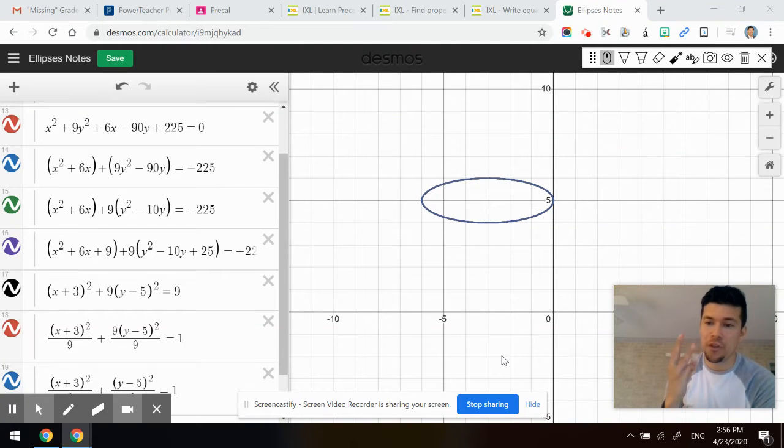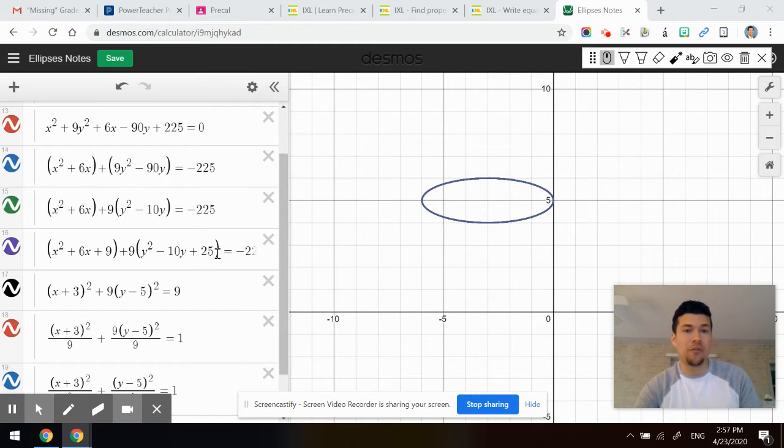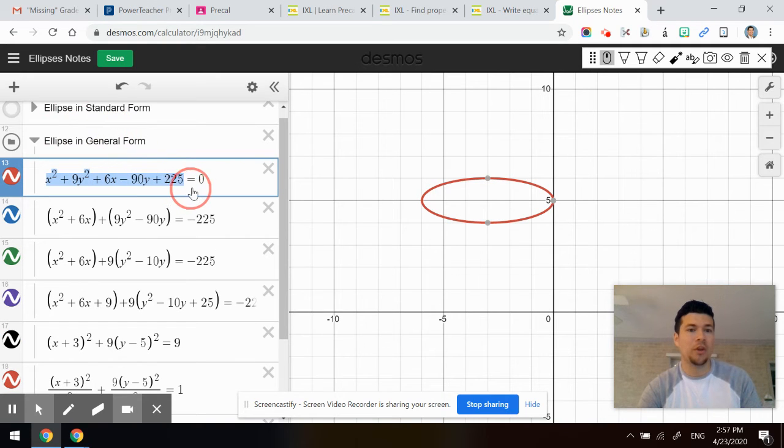All right, guys, part 3 out of 3. Now let's look at ellipses in general form. There is a form for ellipses called general form, and it is not very conducive towards knowing hardly anything